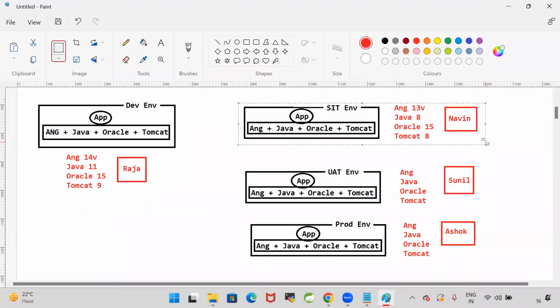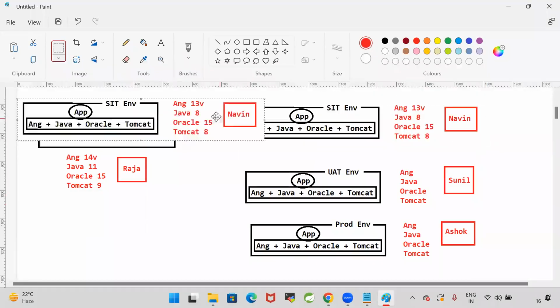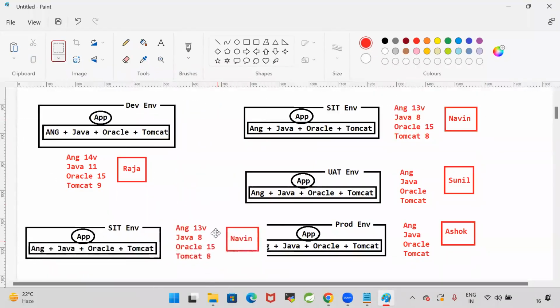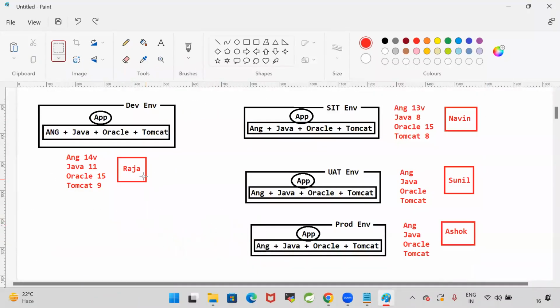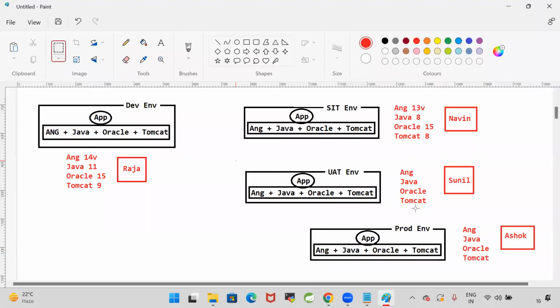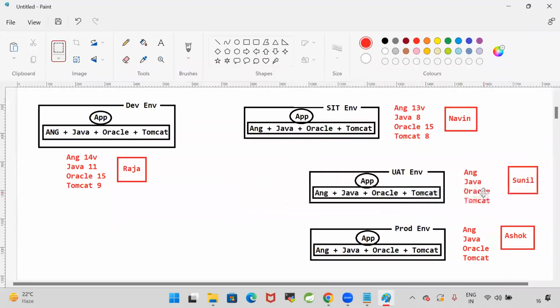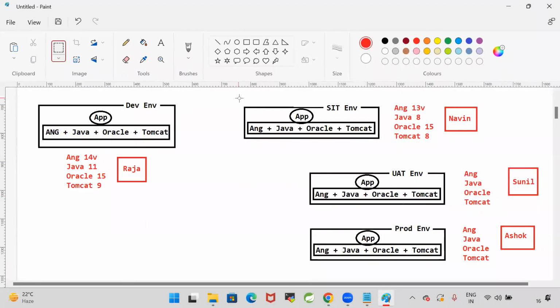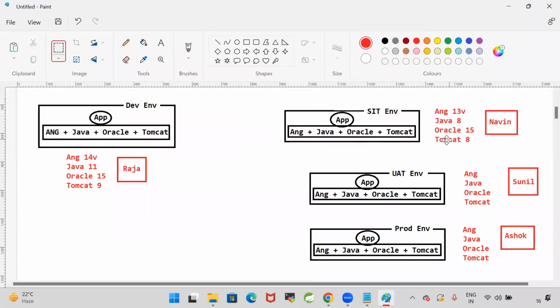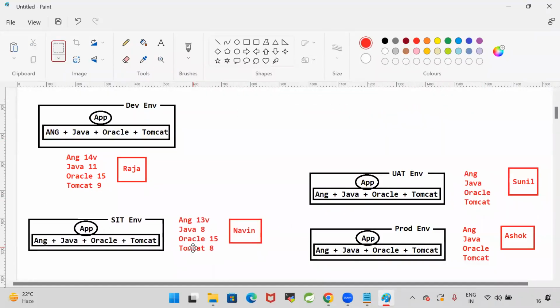So now, assume that in our DevOps team, multiple team members are available: Raja, Ashok, Sunil, and Naveen. These are all DevOps team members. Now everybody is getting a task. The manager has assigned one task to Raja to set up the dev